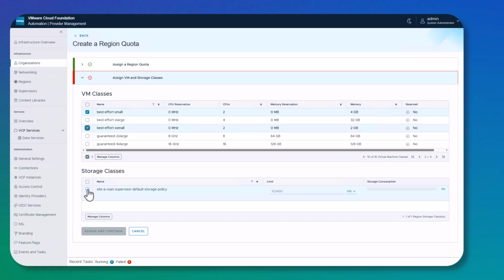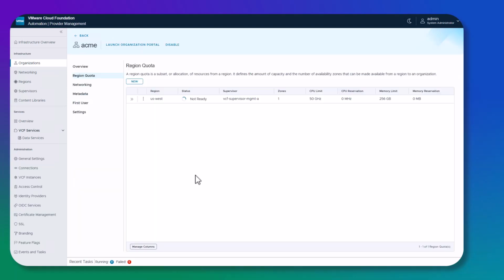Here again, this is the storage class available within the US West region, and I'm going to select terabyte. And if we hover over the storage consumption, we can see we have a total of 44 terabytes. Obviously, I don't want to give the organization the entire storage capacity, so I'm going to only give them, as my design plan said, 2 terabytes in the US West region. Once I'm ready, I'm going to assign and continue,